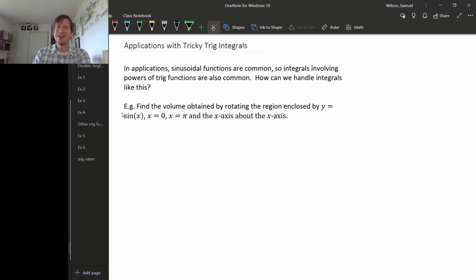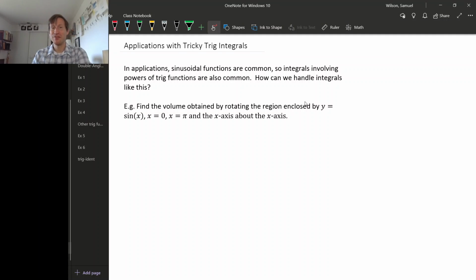in physics. In physics, it's pretty common to have things moving in what's called harmonic motion, which basically means sinusoidally. And in that case, you get lots of combinations of sinusoidal functions, which gives you powers of sines and cosines and other things. So it's a good idea to have some tricks up your sleeve to be able to integrate